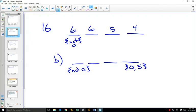Can you see that, those restrictions overlap? That 0 affects both of those spaces. So as soon as your restrictions overlap, we will not be able to solve this directly. And we're going to have to use cases. So let's use our last restriction, because it's either 0 or 5, and we can break up our cases that way. If we end with a 0,